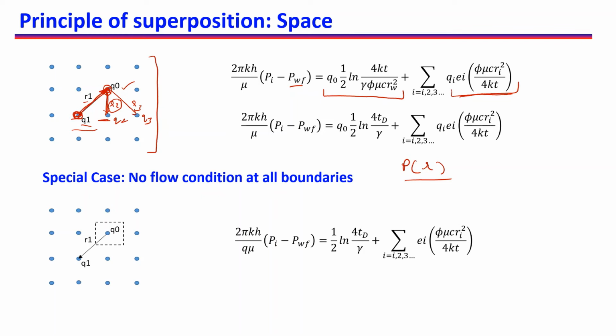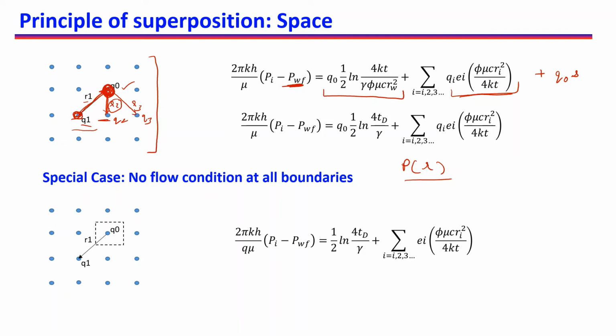So using all these wells Q1, Q2 till n, we can find out what will be the final pressure that we will be recording at this 0th well. So we can find out what is PWF, and we can compare the measured and theoretical, and we can also add skin here. Skin will be only because of the well Q0, so we will add Q0 plus S here.